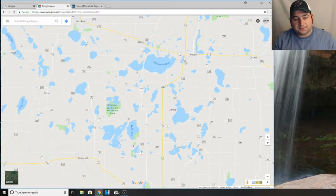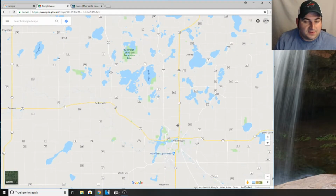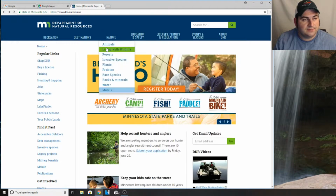And here's why. So if we're going to go, say, fishing for, let's just take walleye as an example, the first thing I want to do is find the closest lakes here, and kind of knowing the closest lakes, you got Stall Lake over here, as well as Hook Lake, or Lake Hook as Google likes to call it. And Minnesota has a nice DNR website here, which is simply